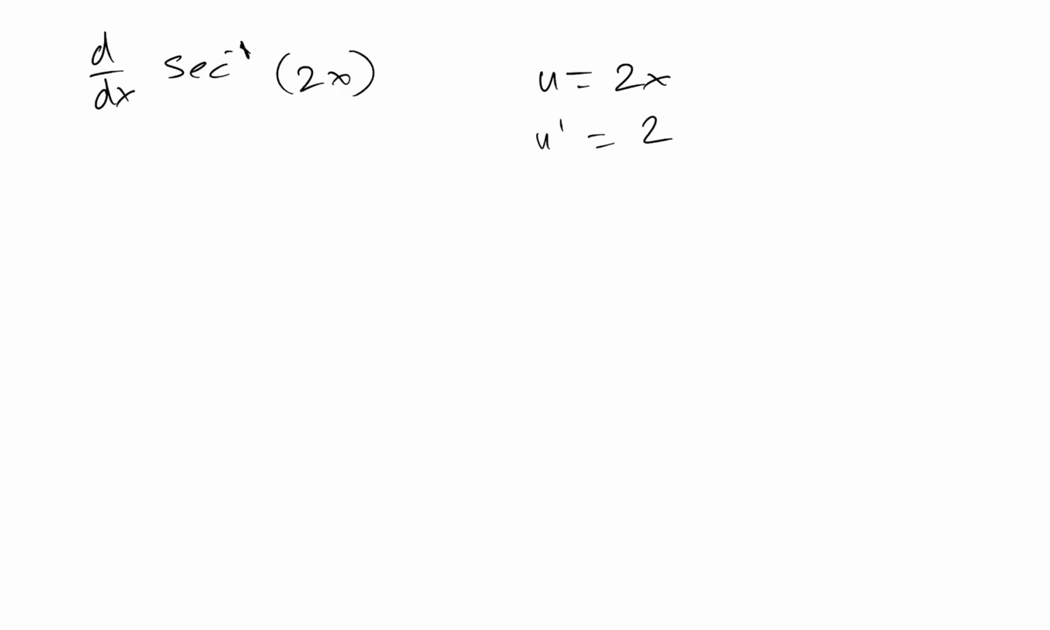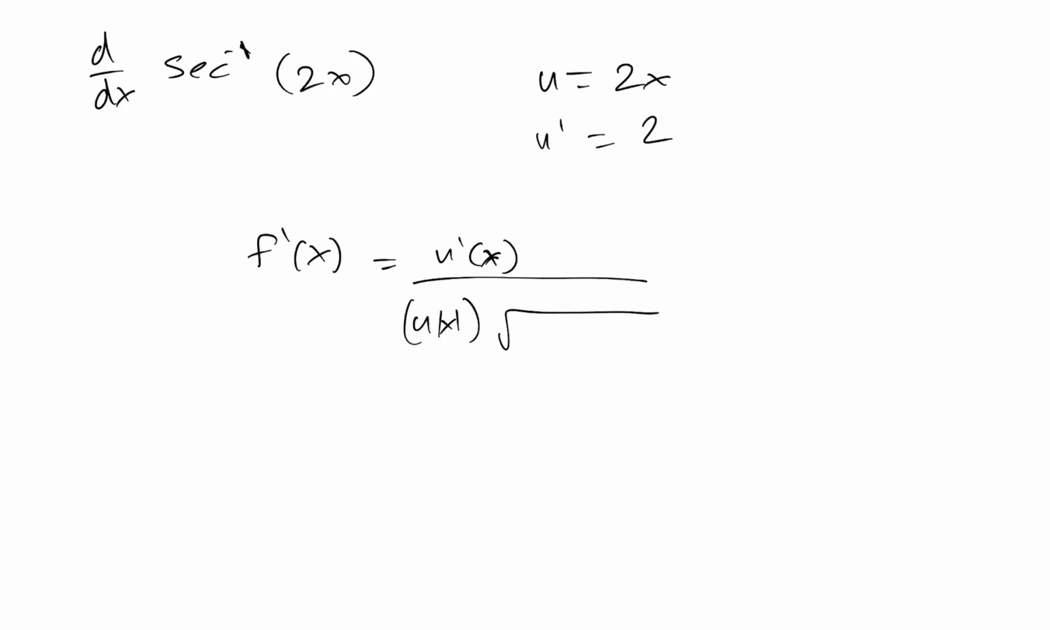And then once again, we can apply the formula. So f prime of x is going to be equal to u prime of x all over u of x times the square root of u of x squared minus 1. And then when we sub the values in, we're going to get 2 for u prime of x